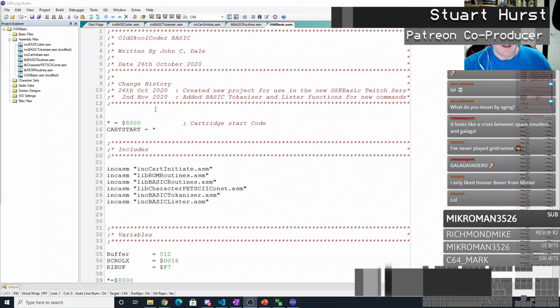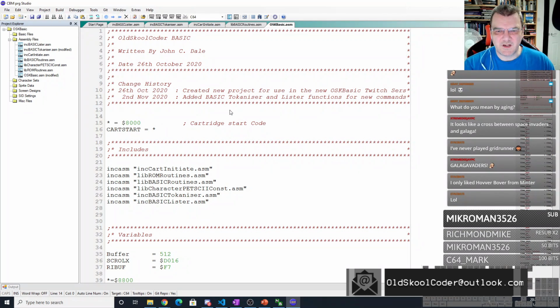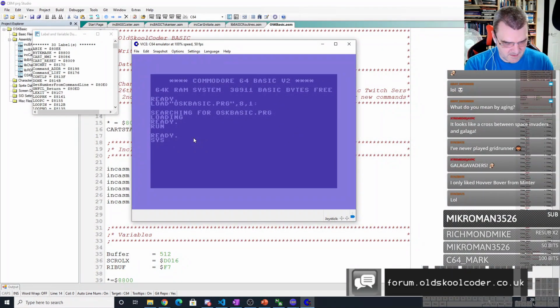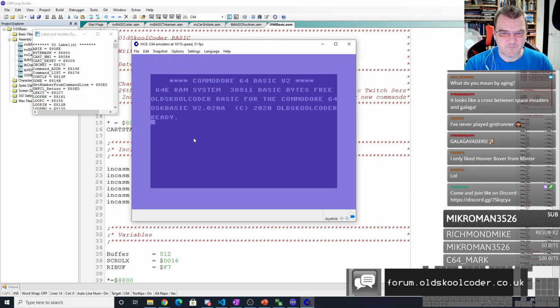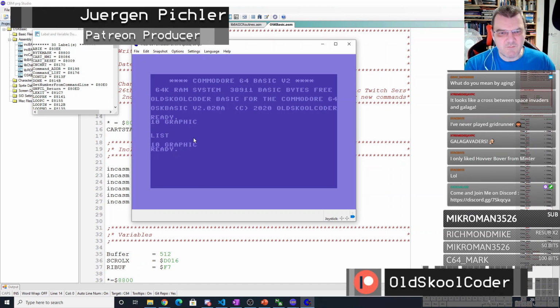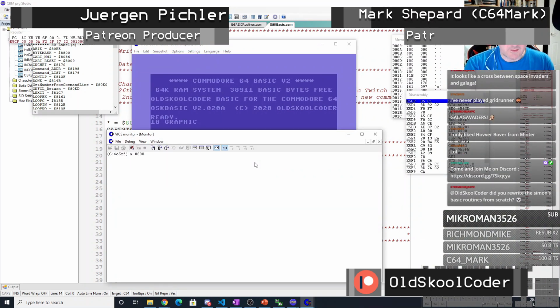So basically, if I run this, we should be able to encode our functions into BASIC. So SYS 64738, so I'll do a soft reset. There we go. So 10 graphic. And then if we list it, we've got graphic, but if we do memory, it should be encoded. So if we do memory 0800,